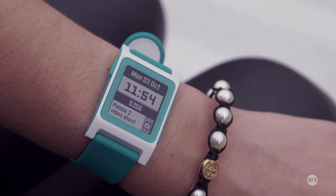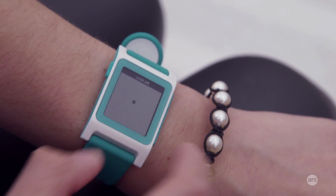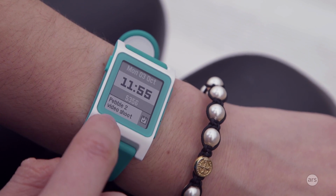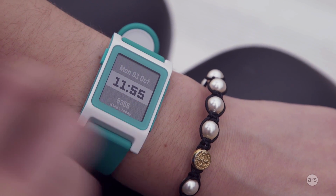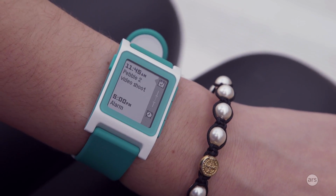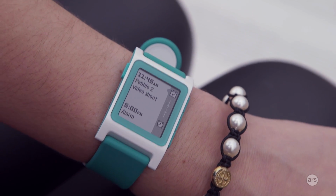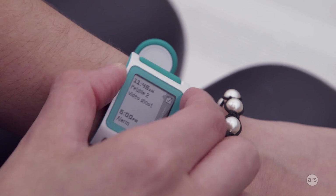One of the really great things about this now is that they've added these things called peeking notifications. Right now, that's a full notification, but if you look at this peeking notification, these are only for your timeline. As you can see, it disappeared because I looked at my timeline right there. The peeking notifications will show you what's next on your calendar, so you don't have to look at your full timeline in order to know what's next on your calendar, which